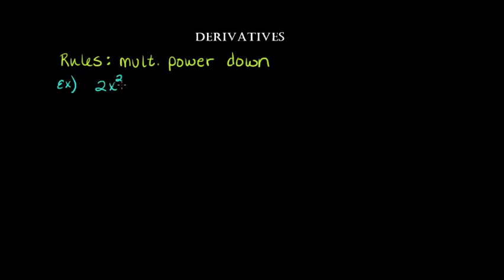So what I mean by that is we're going to take this square and multiply it down. It's going to go straight down. 2 times 2 is 4. Keep your x, and then it'll go into our next rule, which, this is not done, but rule number 2 will be decrease your power